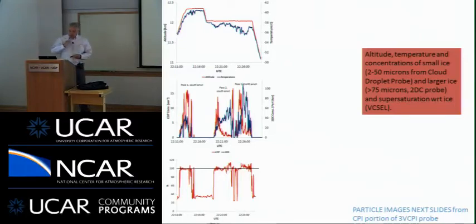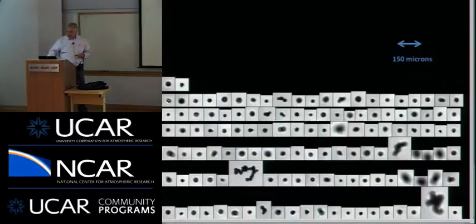So the next thing I'd like to do is go into the top of the anvil and then the edges and the middle part of this and show you some of the images that were produced by the CPI. I'm just showing a screen capture near the top of the cloud, showing lots of round particles. You can see these particles are all on the order of about 20 microns in size. Some of them are out of focus. You can get rid of those if you like, but I've kept them in there so we could see a little less bias from the sorting of what was there.